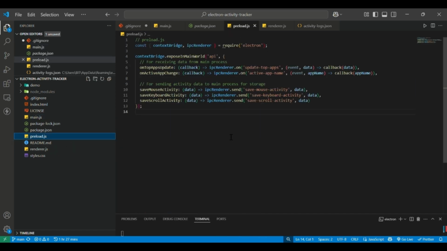The preload file is crucial for security in Electron applications. It creates a secure bridge between the Node.js environment in the main process and the browser environment in the renderer process. I'm using Context Bridge to expose only specific functions to the renderer process. This prevents any unauthorized access to Node.js APIs while still allowing the necessary communication. Notice how I have created separate channels for each type of activity data, making the code more maintainable and the